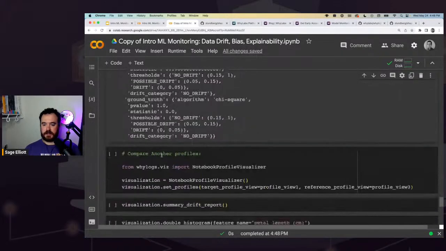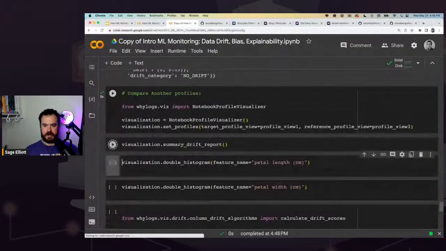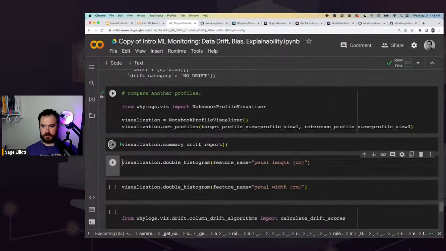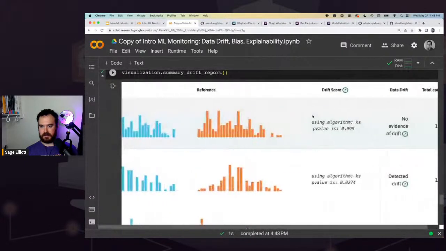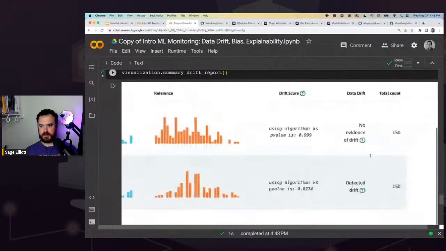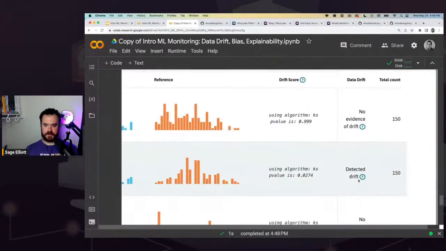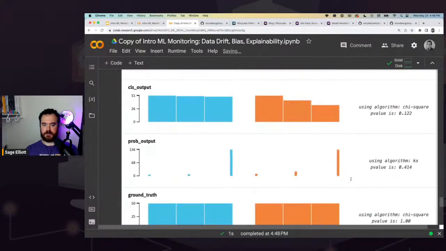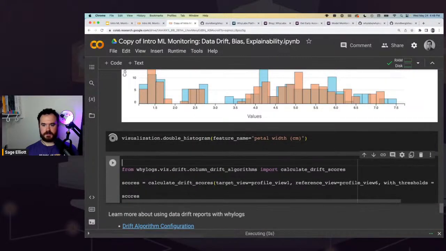Let's look at another profile, our 2 other profiles. We'll compare profile 3 now to profile 1. We'll look at our report here. And if we look, we can see that this has drift detected for sepal width. And I think that might be the only one for features in here where it says sepal width is drift detected. And again, we could drill down. I got petal width. Oops.